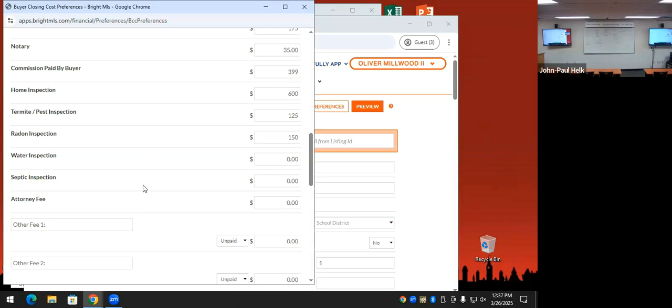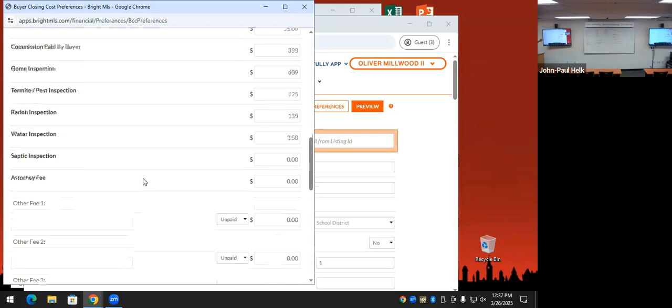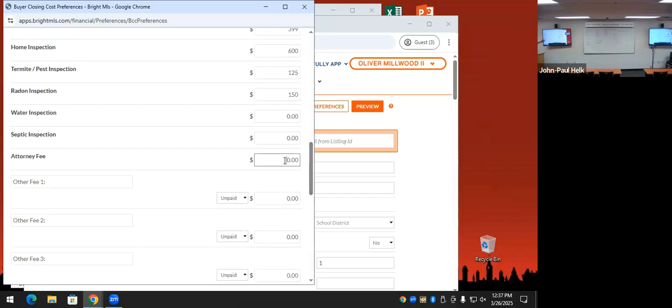So I'm averaging about 1,200 with a well and septic. I put 6 and 6 in those. Well, septic in here, I don't typically go well and septic, so I don't get anything in there, but that can go in there. And then attorney fee, 450, is that right? I've been using 400, but